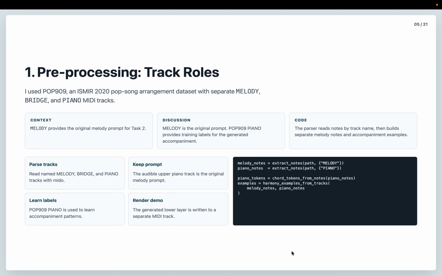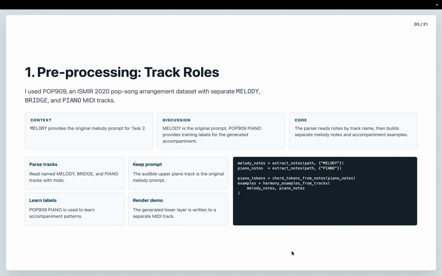This slide clarifies the track roles because this can otherwise be confusing during playback. Melody is the original melody prompt. In the conditioned demo, the melody is heard as the upper piano track. Pop 909 piano is used during training as a source of accompaniment labels. The generated part is not the upper piano melody.